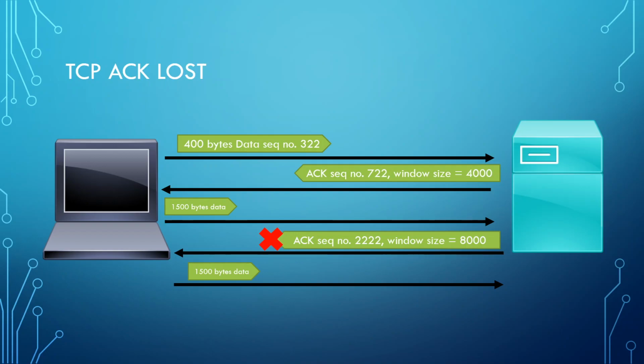What if that gets dropped or lost during transit? What happens then? Well, if the client doesn't receive an acknowledgement packet for the data that it has just sent within a certain amount of time, it's going to retransmit that data. So in this case, it sends some data to the server. The server receives it, sends back an ACK message, but it doesn't actually get there. After a certain amount of time, the client hasn't received any ACK message, so it's now going to resend